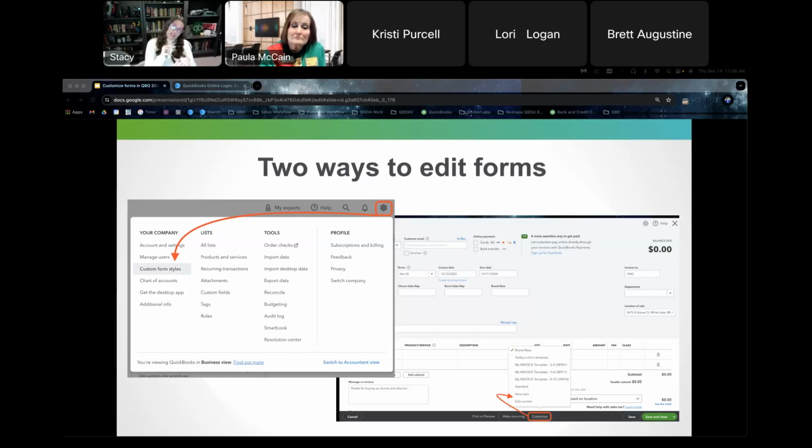So to get to the customized form screen, we want to hit that gear icon and then go over to custom form styles. And that's going to take you to a list. And I'm going to show all of this to you. And then the other way that you can do this is if you open up one of those forms, estimate, invoice, sales receipt, and you go all the way to the bottom, you'll see the customize button and you can click on that and you can change. So you can have multiple templates, you can have multiple styles,